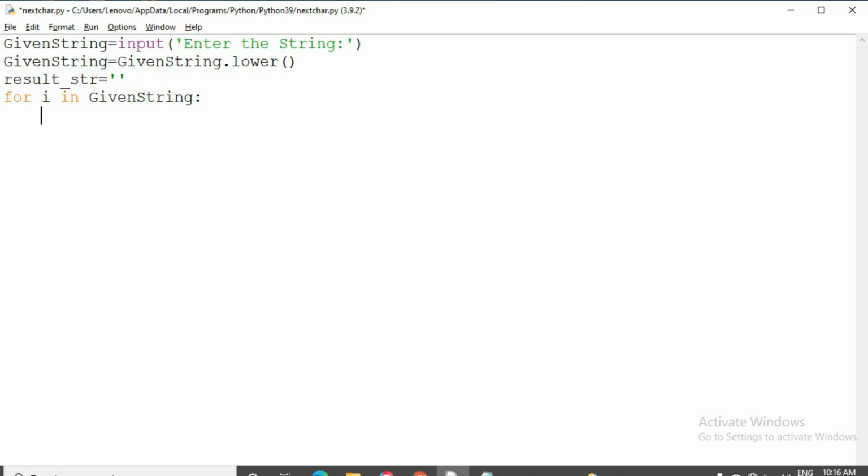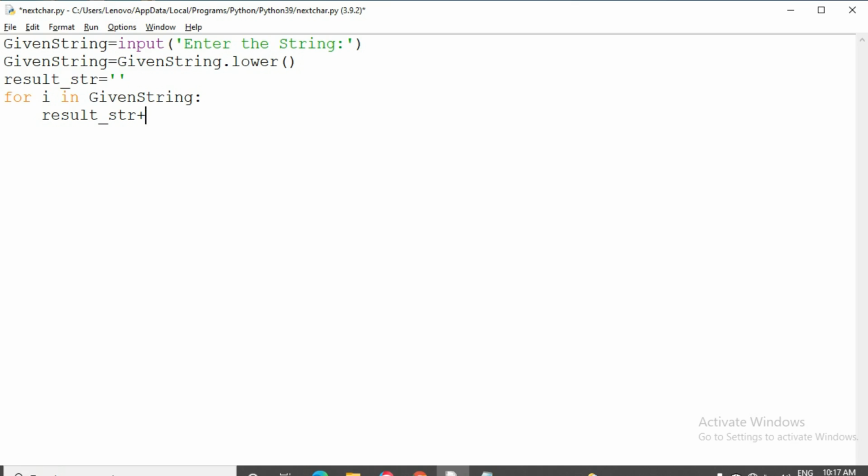Then I am going to search where the character is present in the given string and what is the next character of the character. For that, I am taking an empty string. The next character of the particular character should be added to the result string. That's why I have taken this result string.